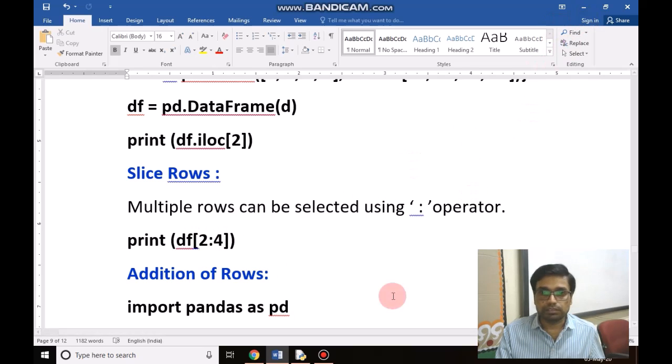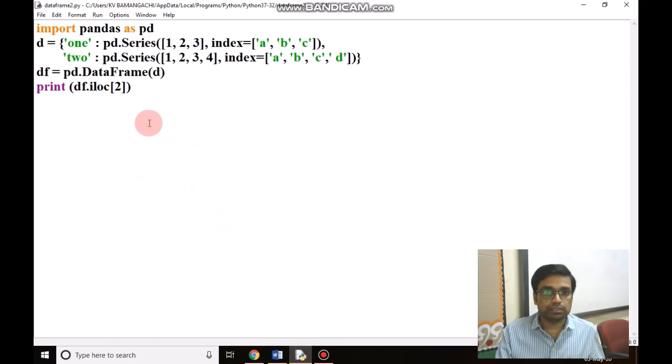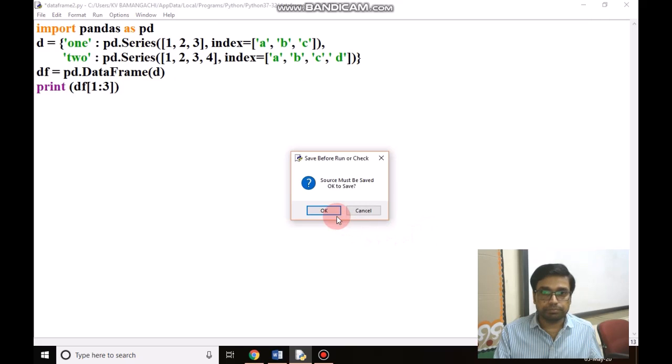We will use this in the same code, but we will write here df[1:3], 1 colon 3. What will it give us?